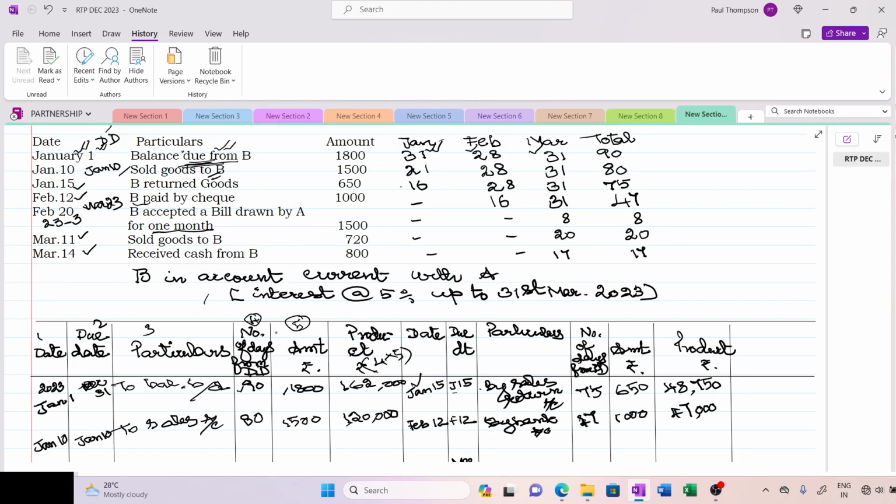Now here see, B accepted a bill drawn by A. So it is a bill drawn by A. Always the seller will draw the bill. So what is your journal entry? Bills receivable account, because we are writing in our books. This is my book. So what I will write in my book? Bills receivable account debit. The moment, first what I would have done while selling the goods, what I would have done? B account debit